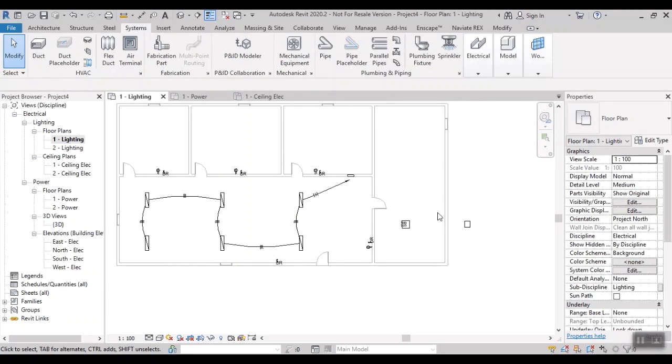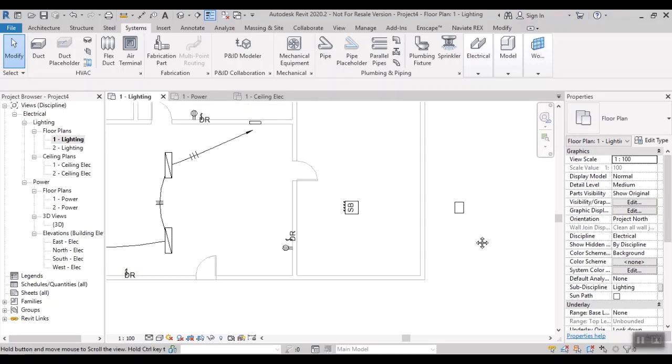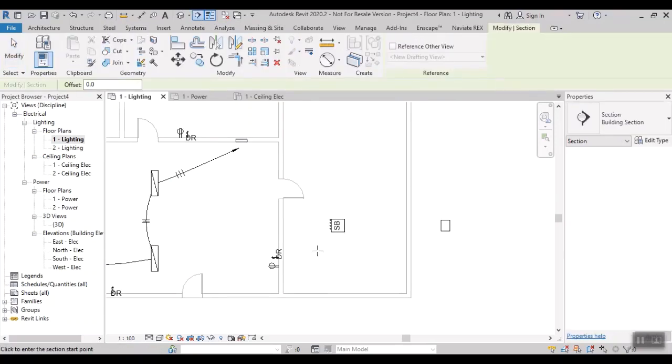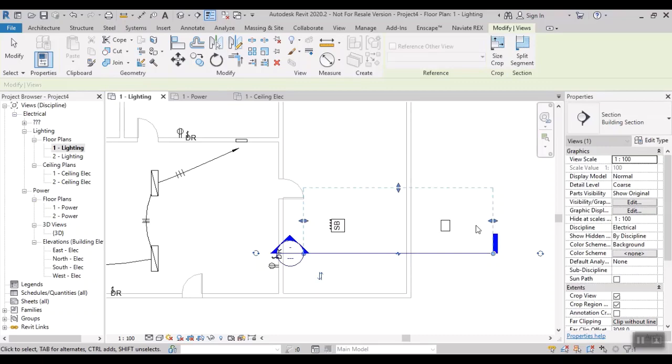Okay, next step we have to provide the conduit for this. So transformer to circuit breaker and circuit breaker to panel board. I will show how to create a conduit for this. So first step, you have to connect the transformer to circuit breaker. You have to take the section for this view, and then just right click and go to view.